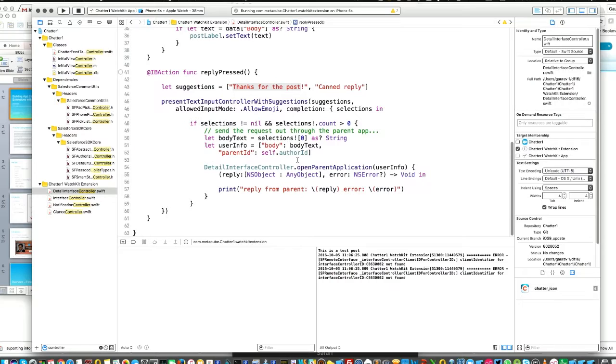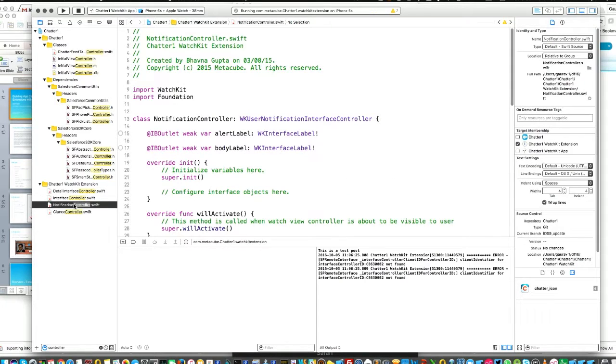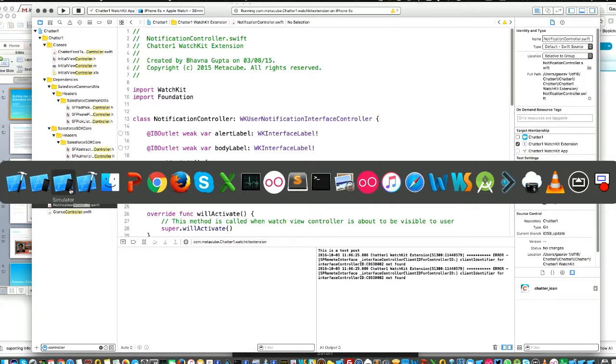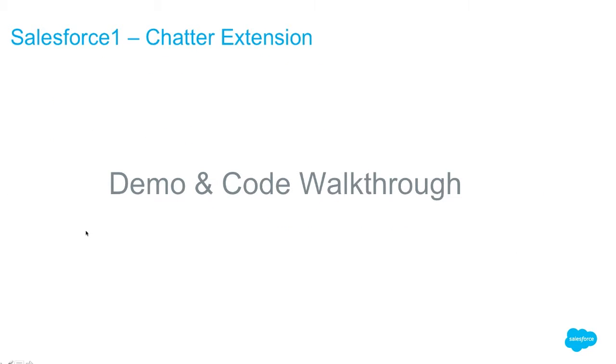And the thing is similar. It invokes the parent application, which is calling the chatter API, as we had seen, and then it's trying to post on chatter. And then the usual, if you are familiar with iOS, watchOS development, you need to have a controller each for glances as well as notifications. So coming back,